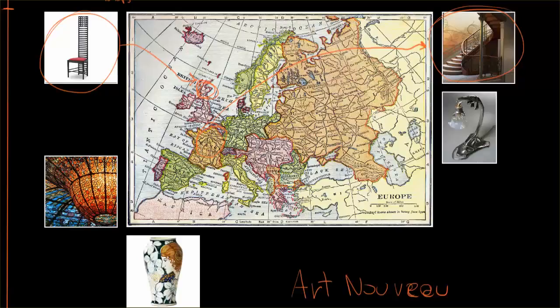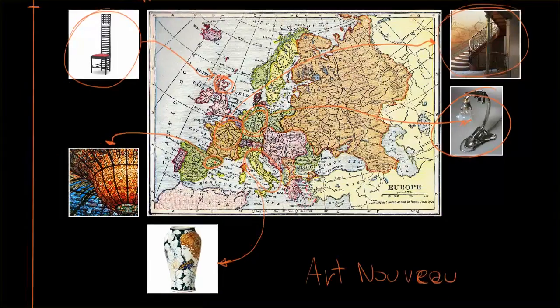In Germany, you had the Jugendstil, like this one over here. In Italy, we have Liberty as the local expression of Art Nouveau, and last but not least, around Barcelona in Catalonia and in Spain, you have modernism. So these are all different flavors, all different expressions of Art Nouveau happening at the same time in different regions and countries of Europe. And as we